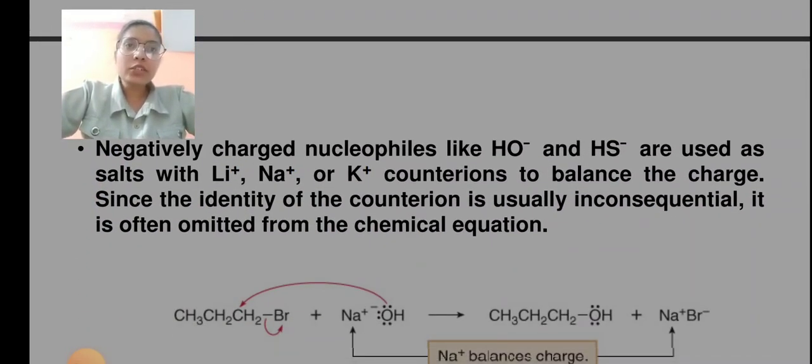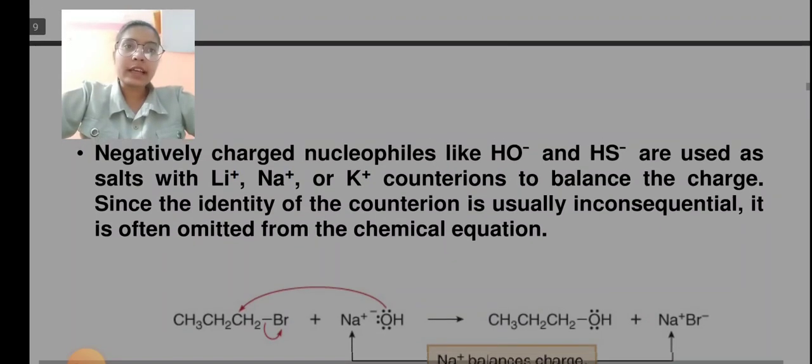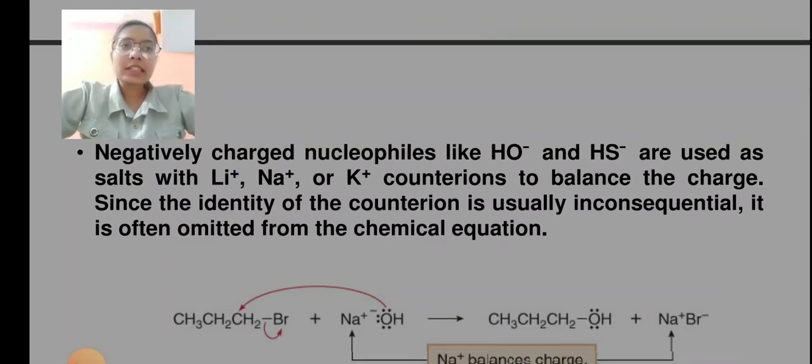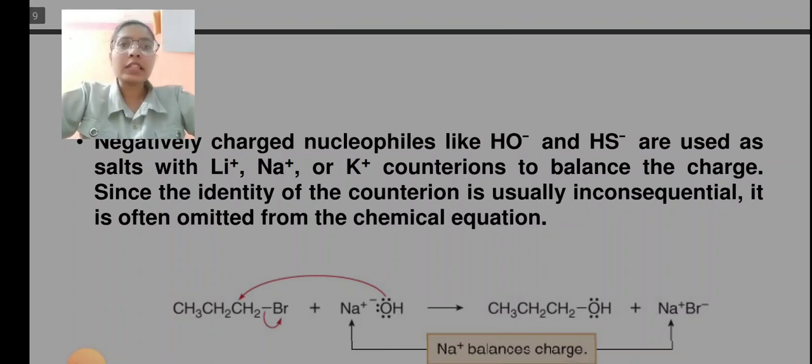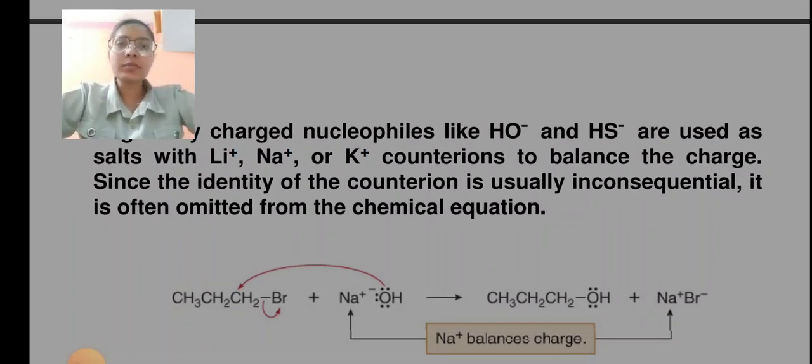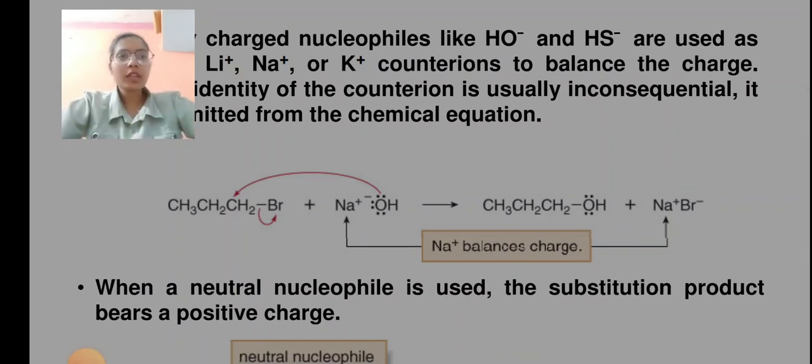Negatively charged nucleophiles like hydroxide and HS negative are used as salts with lithium positive, sodium positive and potassium positive counterions to balance the charge. Since the identity of the counterion is usually inconsequential, it is often omitted from the chemical equation. Here is a chemical equation given: